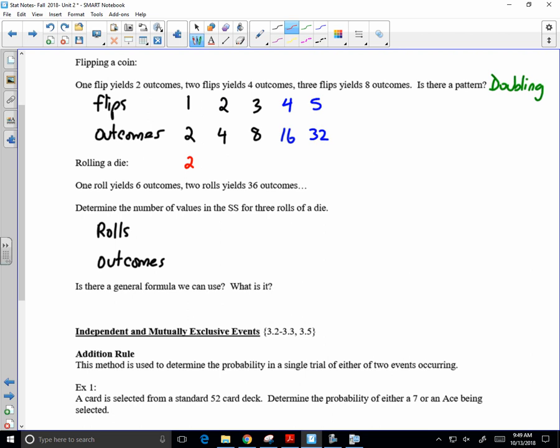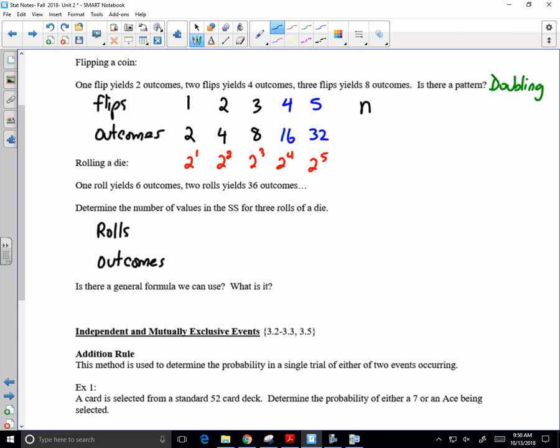This is 2 to the first power. This one is 2 to the second power. This is 2 to the third, 2 to the fourth power, 2 to the power of 5. If I had 6, it would be 2 to the power of 6. So I can figure out now, based on that information, that if I had n flips of a coin,